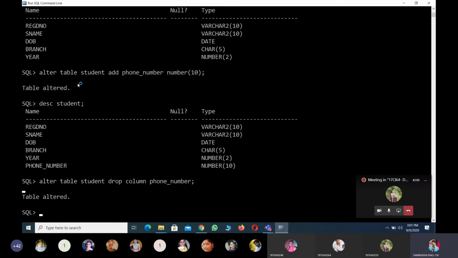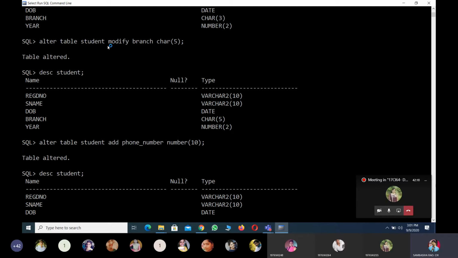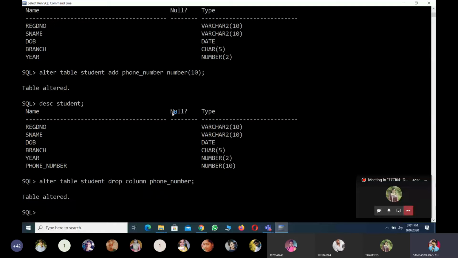Okay, to add a column, you have to use the syntax called add. To delete a column permanently, you have to use the syntax called drop. For an already existing column, to change the sizes, you have to use modify. These are the complete syntax of alter. So alter syntax contains either adding a column, modifying a column size, or dropping a column. That's the complete syntax of alter. Okay, I hope everyone is fine with alter syntax. So go to the problem statement.